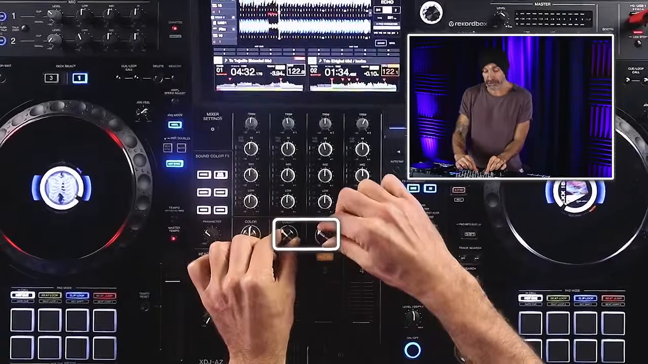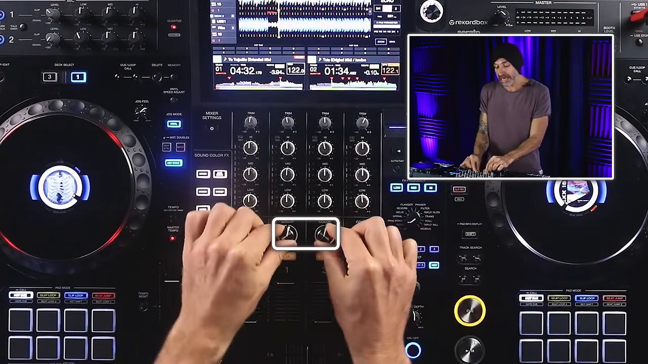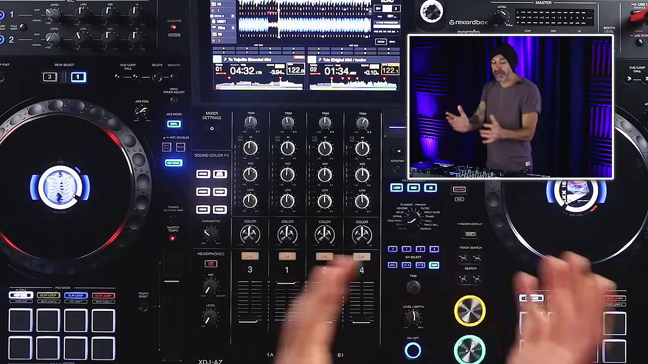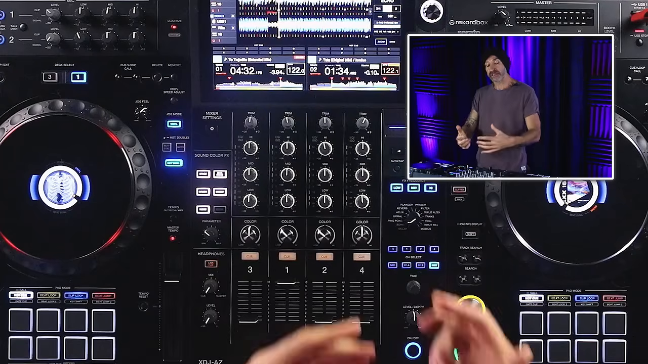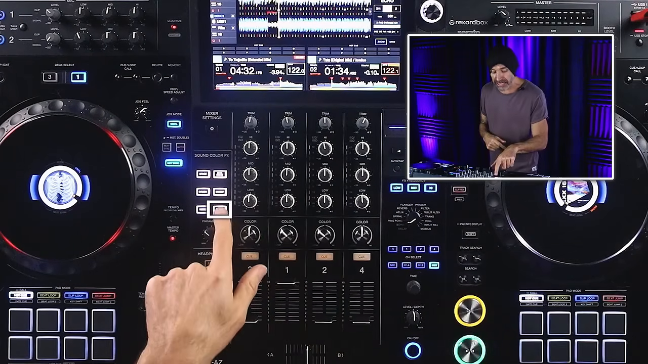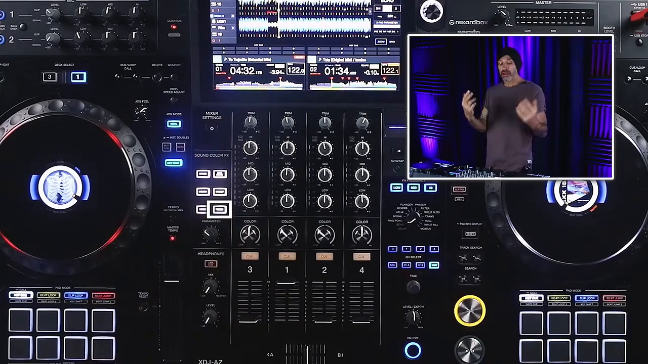Another really cool way to use filters is to have the filter knobs turned to 10 AM, okay, to reduce the high frequencies, or you can actually turn it to 2 PM. And instead of using the filters to sweep in and out, we can have them set to where we want, depending on what frequencies we want to remove. And then we can activate them for both channels simultaneously by hitting that button, turning them on,